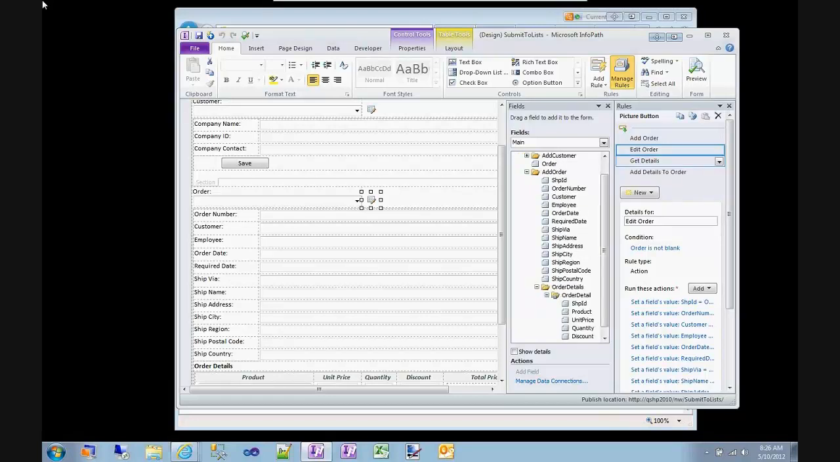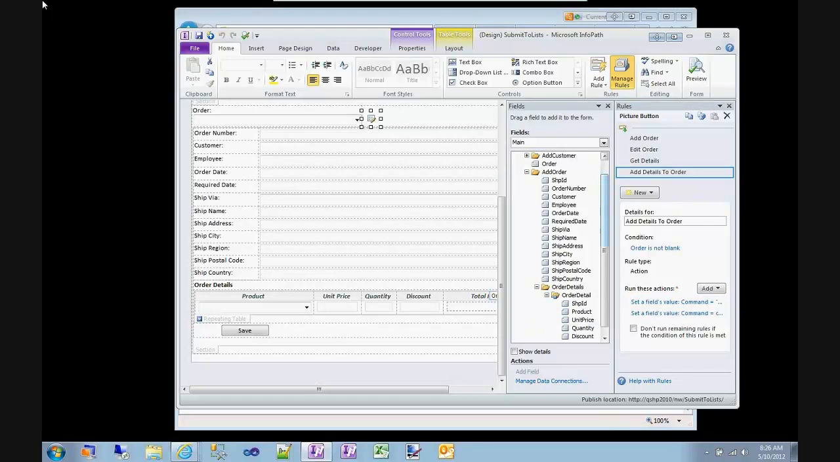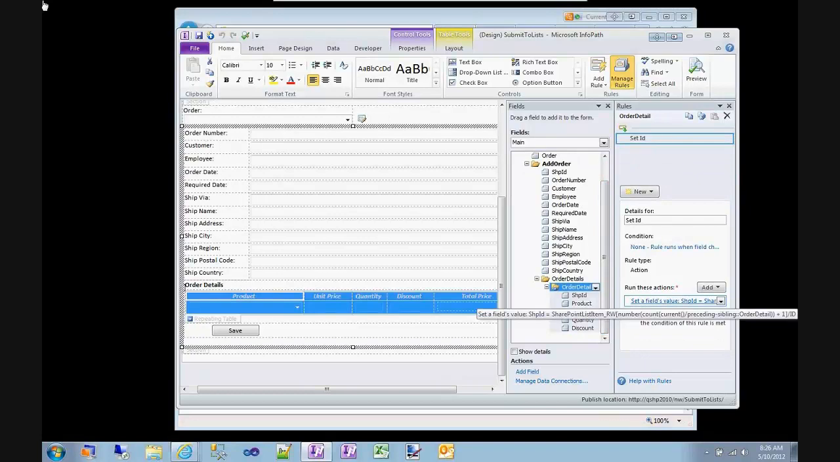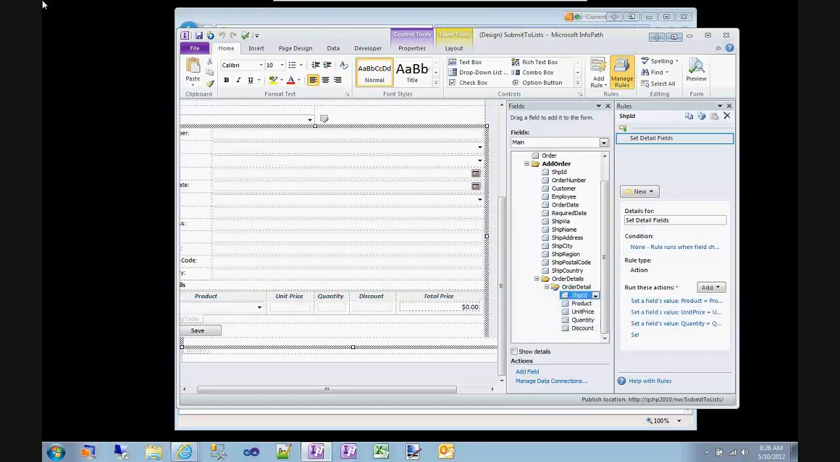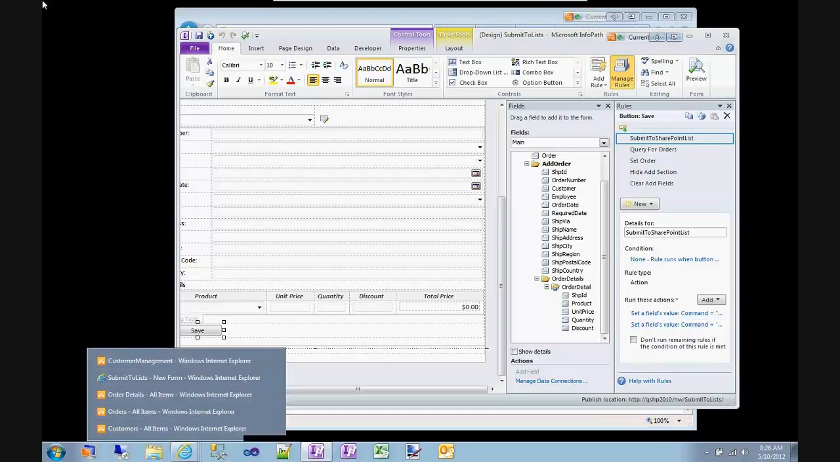I get the details using a query, just querying the list, and then I'm adding the details to the order. I use qRules insert commands to insert instances of the repeating table, and then when instances of the repeating table are added, I set the SharePoint ID field. When the SharePoint ID field changes, then I go and I get the information from my secondary data source to populate the rest of the details. My Save button submits both to SharePoint, first the orders, and then the children, the order details. And in my order detail mapping, let me just get that open over here for you